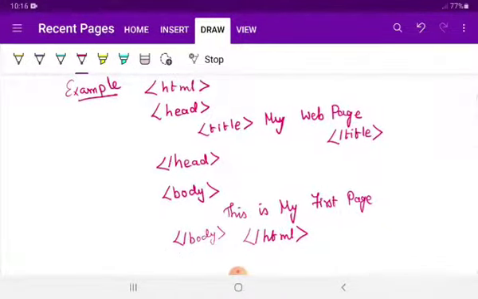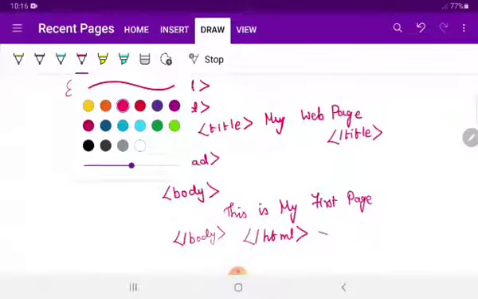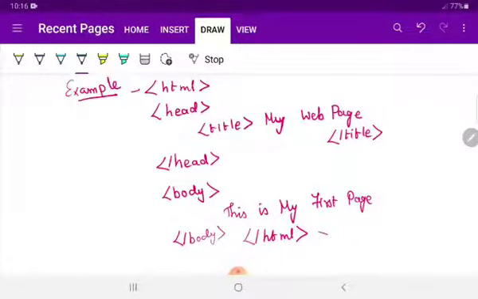This is a simple program. Always the HTML begins with the HTML tag and it closes with slash HTML. Both we are having. Next you people are going to have the head part. This is your head part and this is your closing head part. Similarly, this is your title and this is your closing title. Similarly, this is your body part and this is your closing body part.